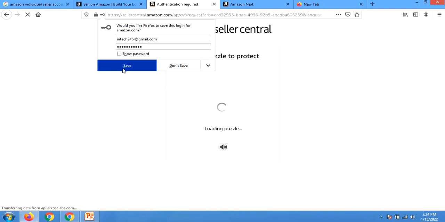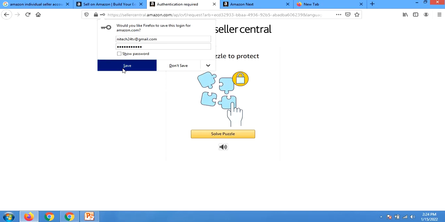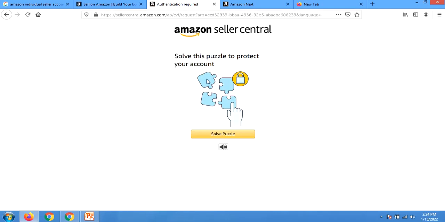If you want, you can save it. They will just give you this challenge for them to verify whether the person who wants to open an account is a human being or a robot.